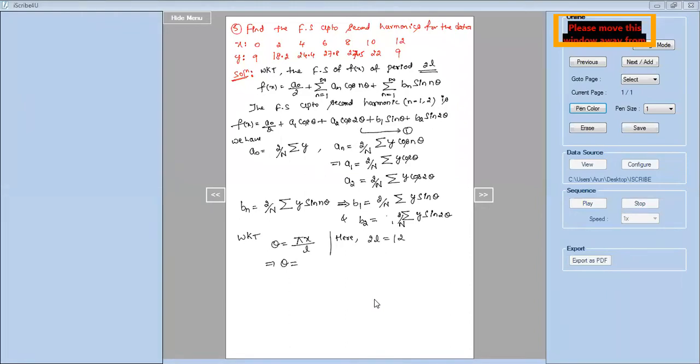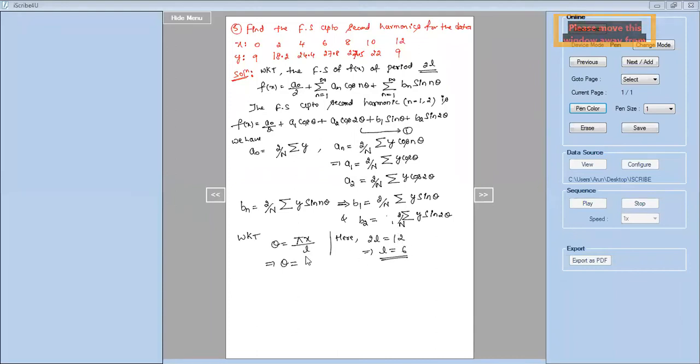So I said already in the last class, look at the values of x. If it is less than or equal to 6 in number, you take 2L equal to 6 and find L. If it is more than 6, it may end at 8 or 10 or 12, not more than 12 will be given to you, only maximum is 12. So if the data is exceeding 6 and less than or equal to 12, then you take 2L equal to 12. So therefore your L becomes 12 by 2, that is 6. So this is how we have to find the value of L for a problem, guys. This is what we did in the last class.